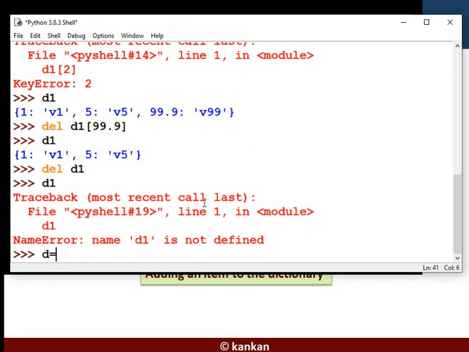Suppose I have defined a dictionary D and the items of this dictionary are these.